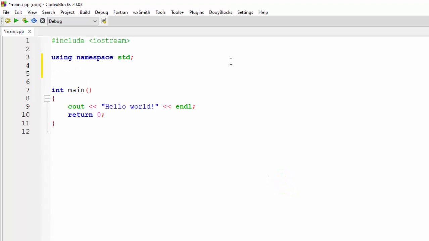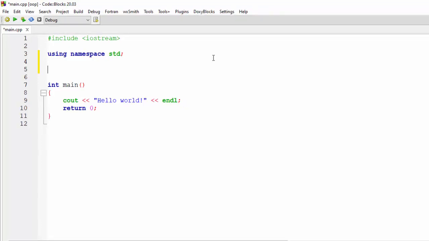So let's say a company wants to launch a smartphone. The first thing that they will do is create a design for the smartphone. In object oriented programming, whenever we want to do anything, we create a design, and this design is known as a class. After creating the design, the company will create the object from that design. The same, we have a class as our design and we create objects from that design.